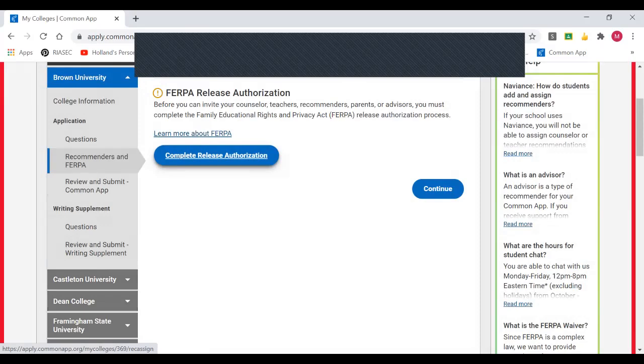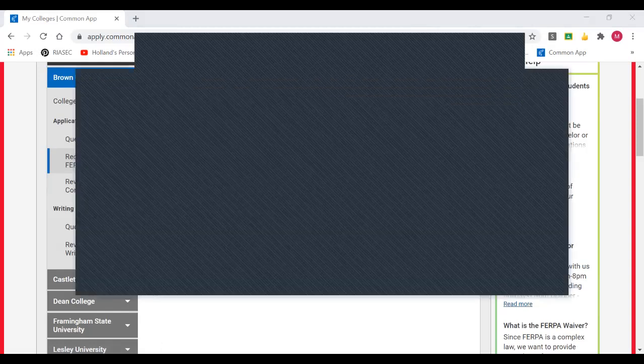There's also going to be a side that allows you to send recommenders emails and invite recommenders into your Common App to be able to send your information. You can certainly do it that way, especially if you have outside recommenders that you wanted to use as well outside of Holliston High School. You can certainly use that section. Once you're done with FERPA, what I would suggest is to go over then to the Naviance side